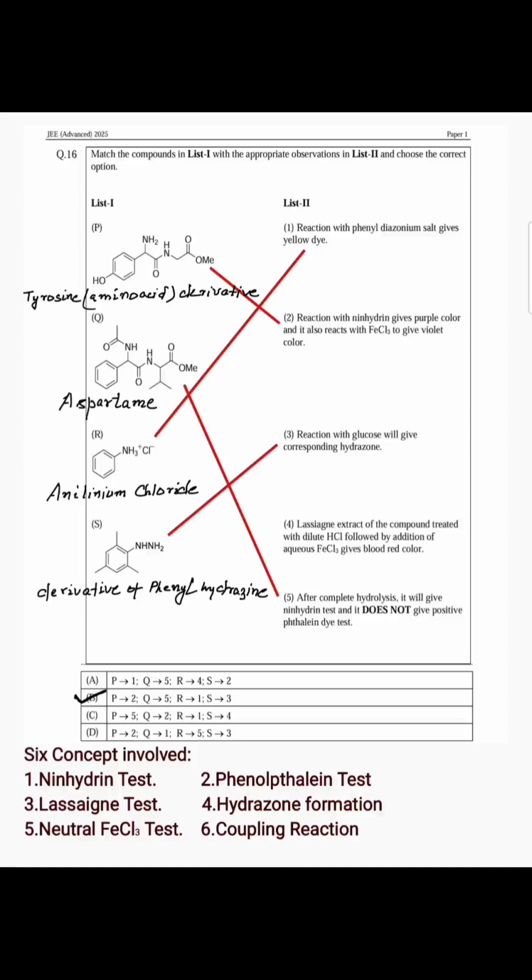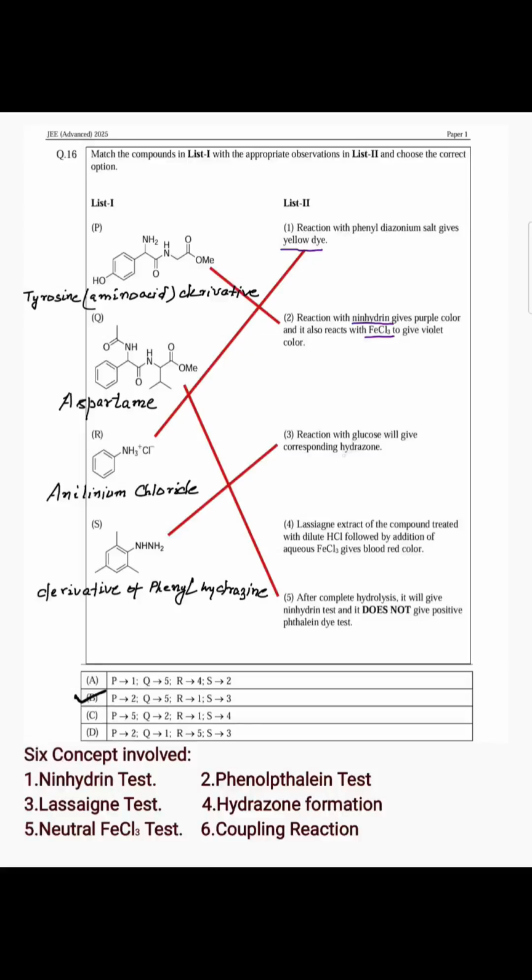Now, as you can see, the concepts involved are: there is a yellow dye formation, which indicates that this will be a coupling reaction. Again, there is a ninhydrin test also involved, the neutral FeCl3 test is involved, and there is